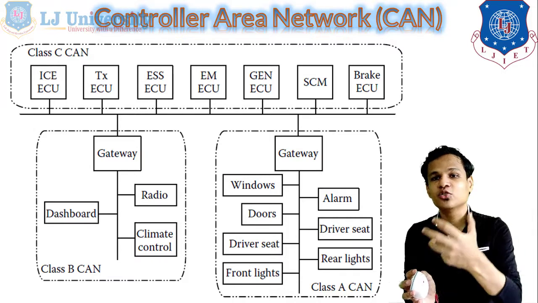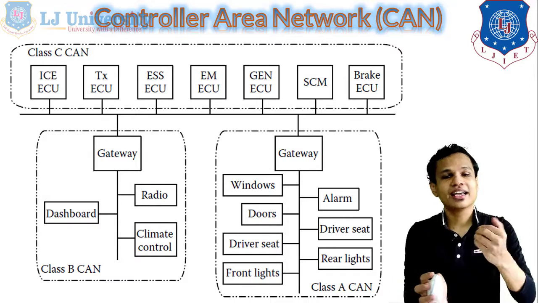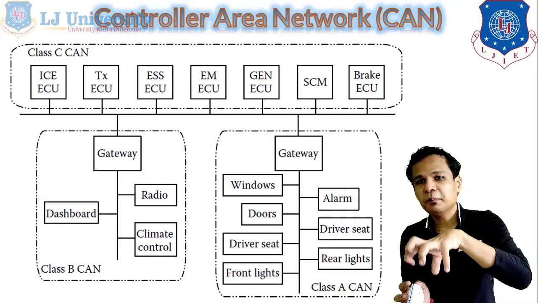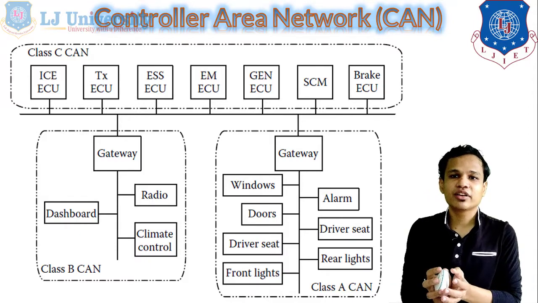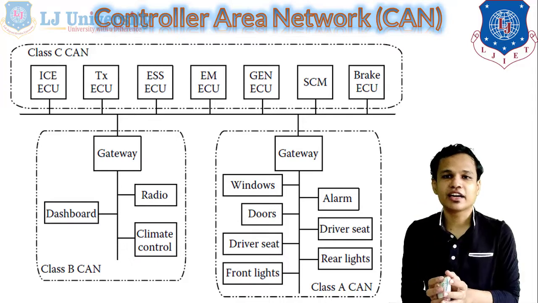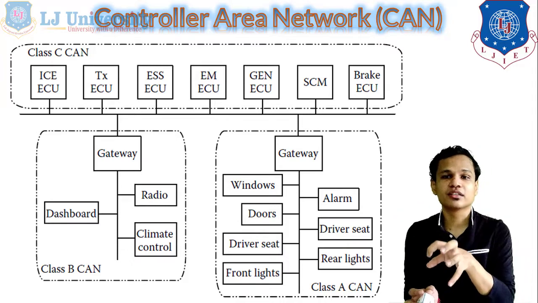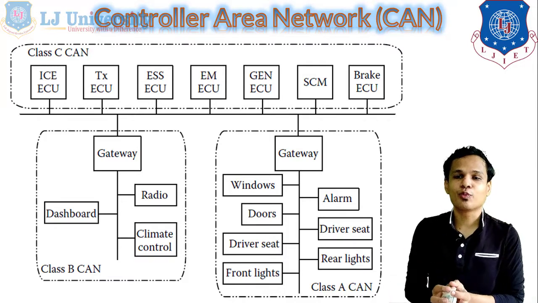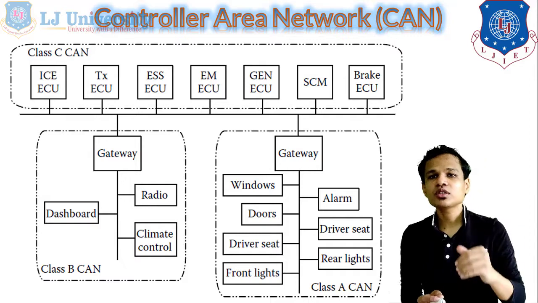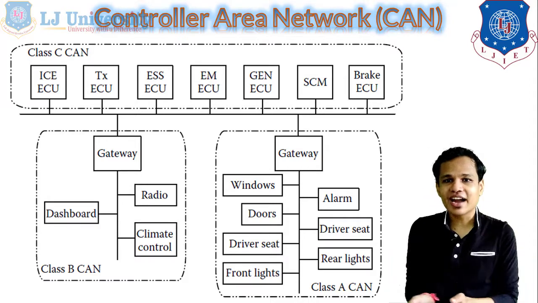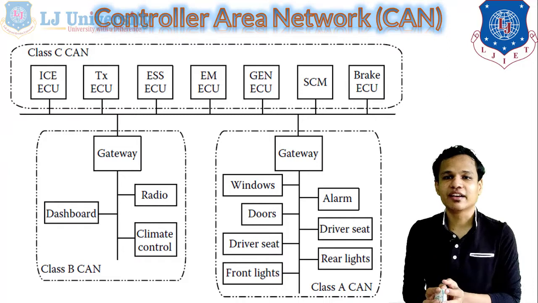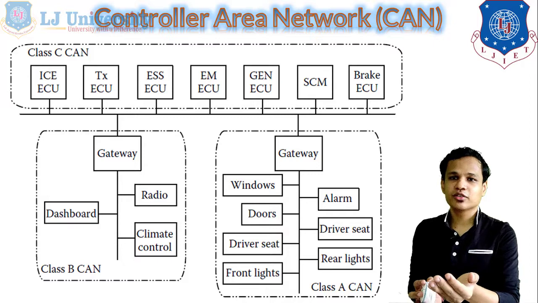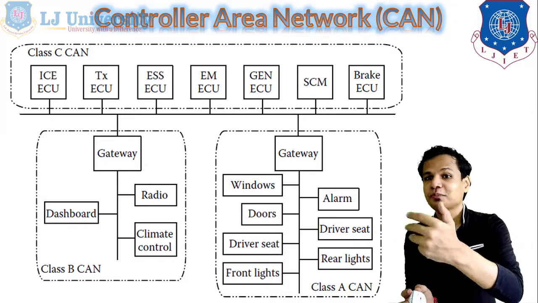Any vehicle we are going to talk about, which is hybrid or electric, the CAN is the main medium which controls all the electronic systems, all the ECUs of our electronic components, and the mechanical components which work according to the electronic input and output based on the sensors. You can see we have also divided this CAN, that is control area network, into 3 classes, class A, B and C, that we saw in the earlier video, which show the speed of the response.